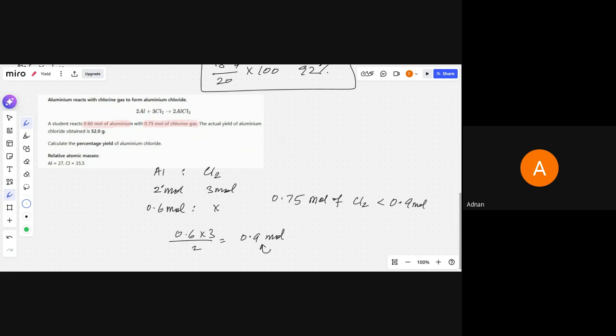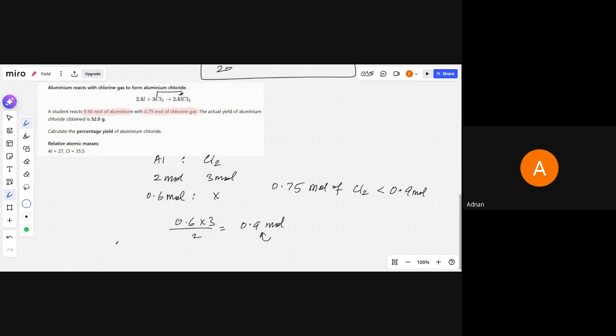And the other reactant, aluminum, is our excess reactant, right? Now I'm going to use the mole ratio of chlorine in order to calculate the theoretical yield of aluminum trichloride. So the mole ratios from the balanced equation are